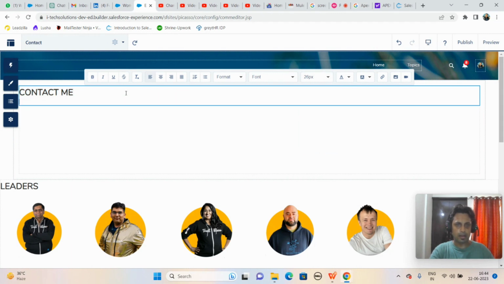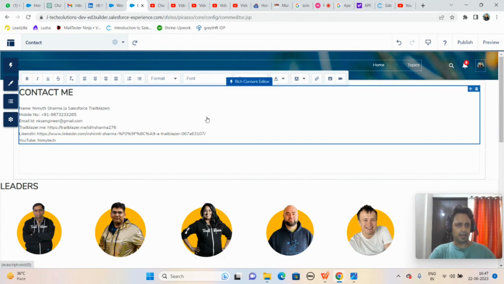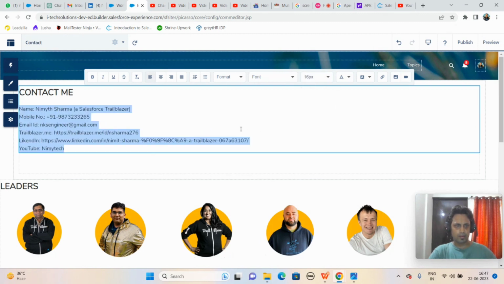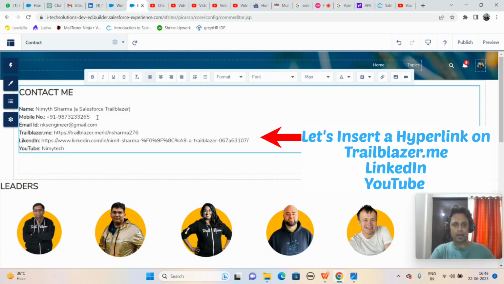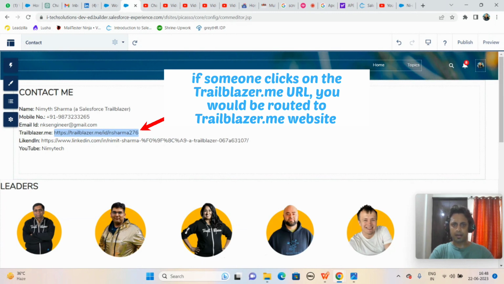Okay, I'll come down. I believe this is the one. Now I'll make the font a little bigger, and I'll put this particular thing in bold. On this email I cannot do anything, but in Trailblazer, particularly in this Trailblazer,